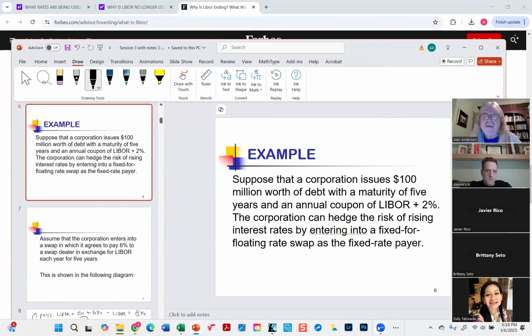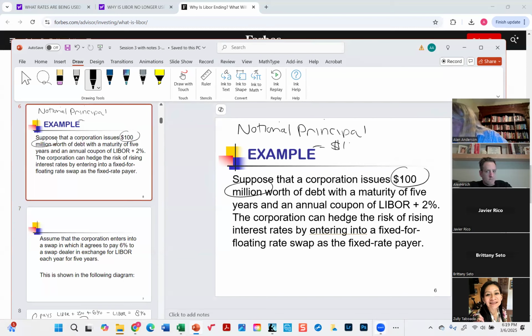Also, I want to point out that the corporation wants to hedge the risk for the entire issuance of these bonds. So in that case, this amount is the notional principal of $100 million. All the interest rates that we will be deriving here will be multiplied by $100 million to come up with the actual cash flows. Okay. So with that being said,